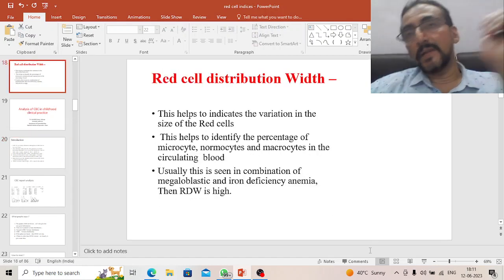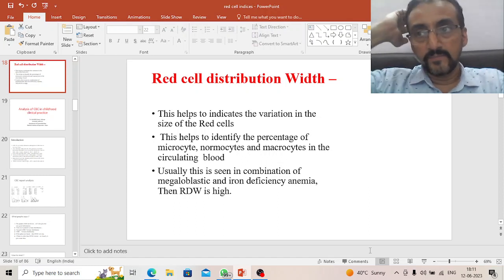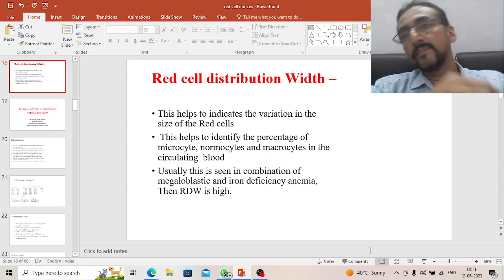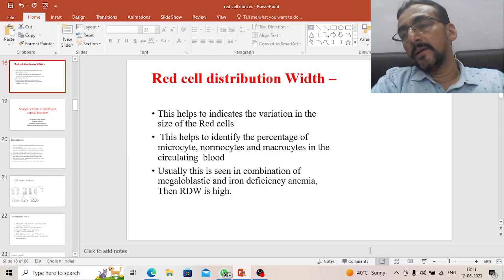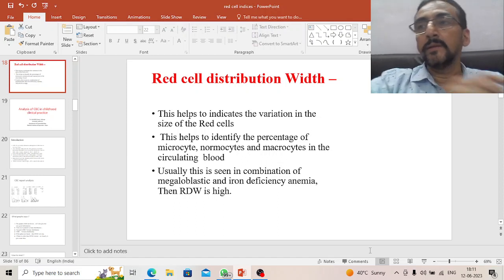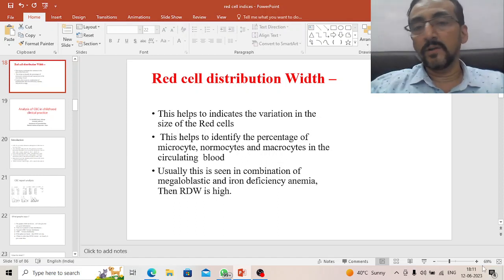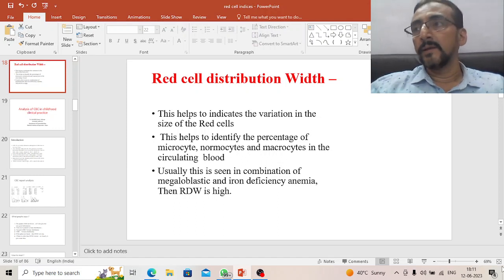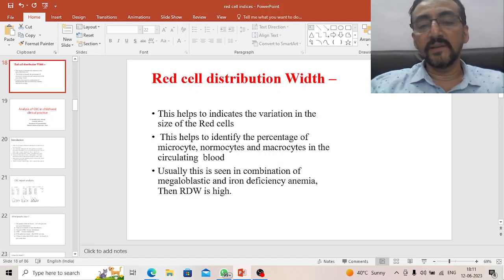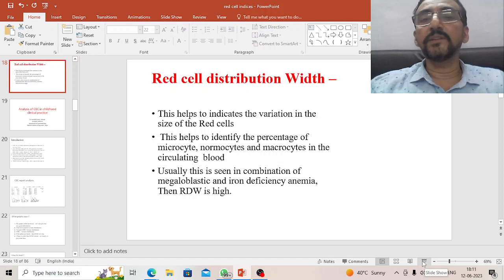So as we know, in the last class we were discussing the red cell indices, MCV, MCH, then PCV, red cell count and all those things. The last point that we were discussing is red cell distribution width. Red cell distribution width indicates the variation in the size of the red